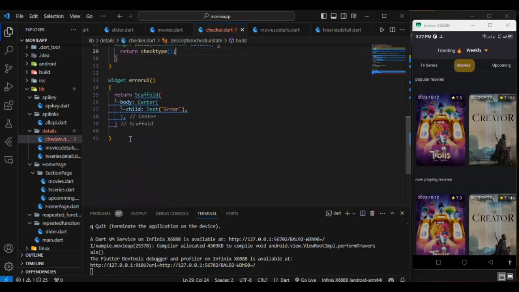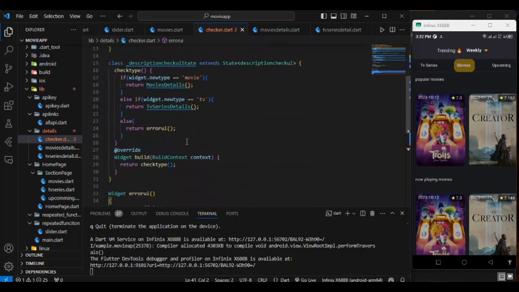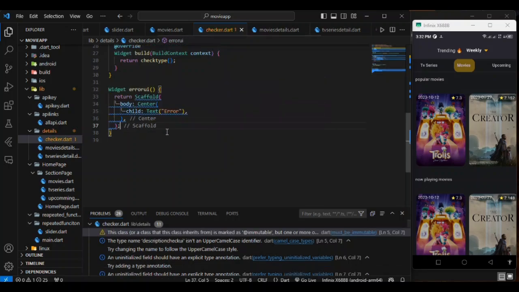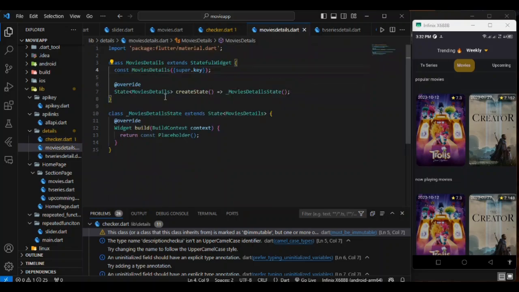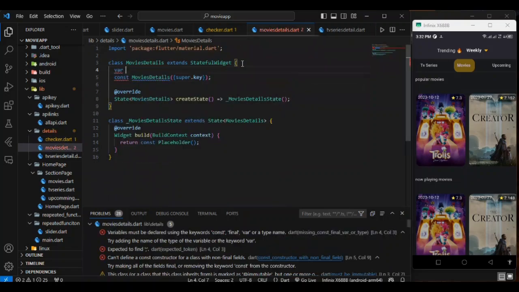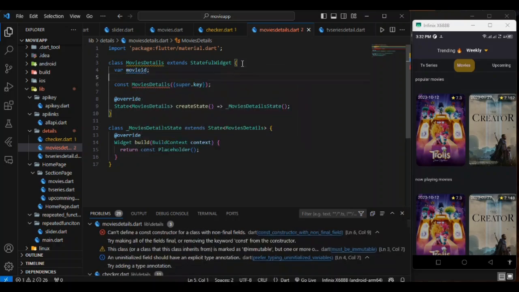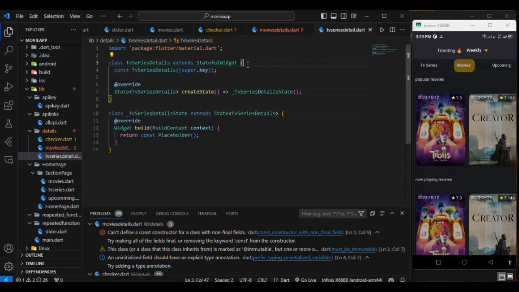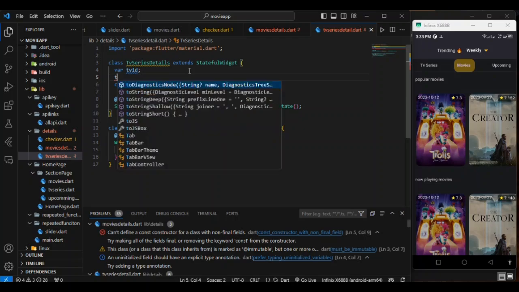Okay, we have created a simple minimalistic UI for the error page, and also we have completed the checker.dart file. We check whether it is a movie or TV series, and based on that it redirects us to either the movie details or TV series details. So also in the movie details we need to create where, let's create movie ID, because based on this we can get the detail. Also in the TV series detail we have to create the where TV ID, and now